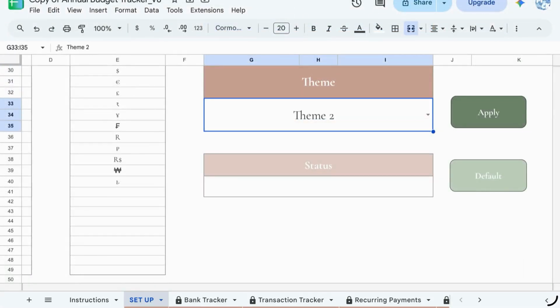Okay. Now the code has started to run. Here you can see in the status that it is applying theme 2. Please wait, do not edit the dashboard. Meanwhile, when the code is running, try not to change anything as it might hamper the theme transition, and